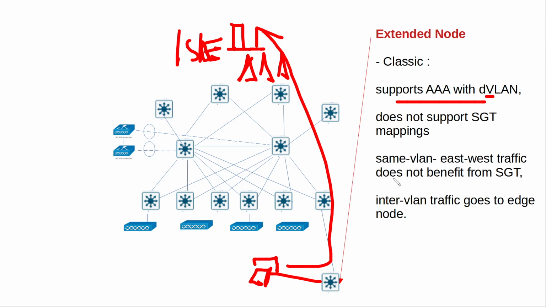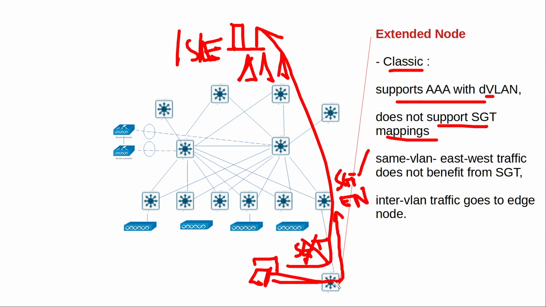So the extended node, when it is a classic extended node, can do that, but it does not support scalable group tag mapping. So it cannot assign a scalable group tag here. It cannot do that. So when the traffic reaches the edge node, then that traffic can be assigned a scalable group tag. That will be the disadvantage of using